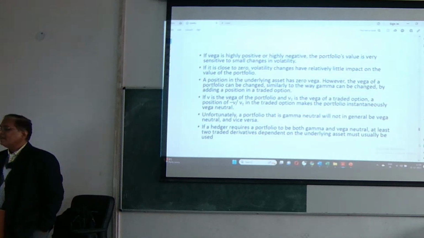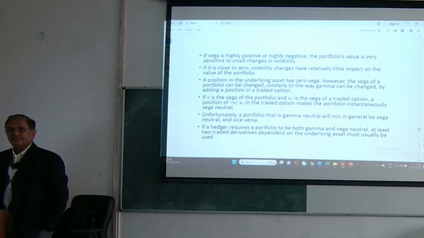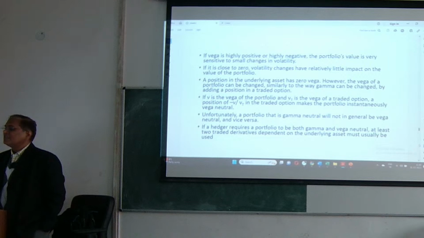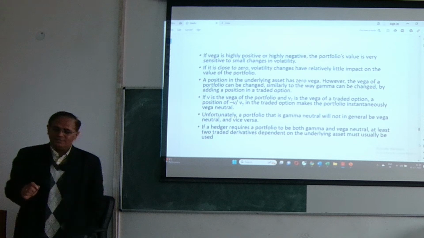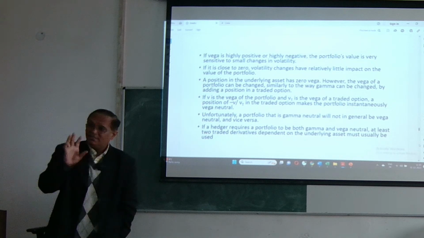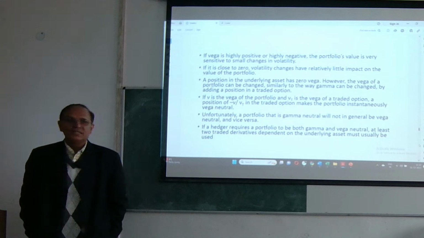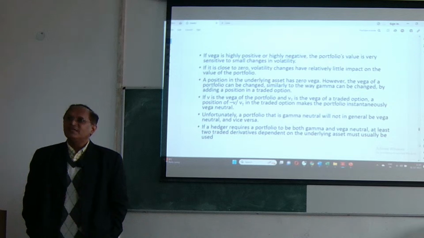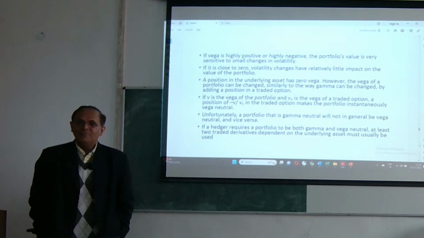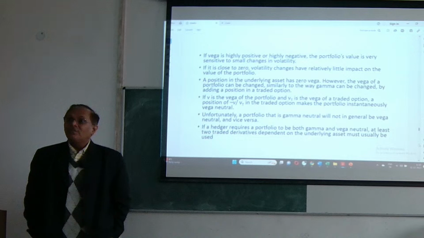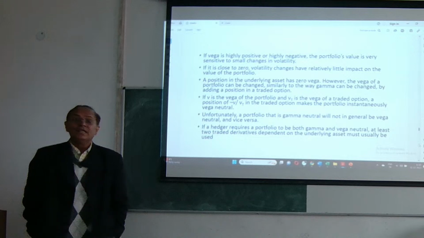If vega is highly positive or highly negative, the portfolio's value is very sensitive to a small change in volatility. बल्कि कई बार ऐसा होता है कि for small investors, retail investors, it is advised when high volatility is there, high vega is there, don't enter in the market. और वेगा मेजरमेंट आपके, आप एक इंडिकेटर देखोगे विक्स,